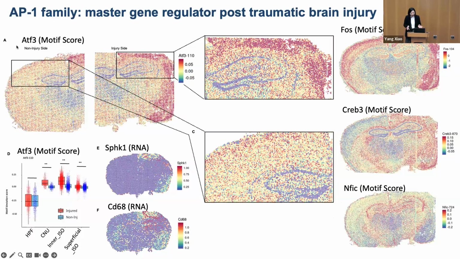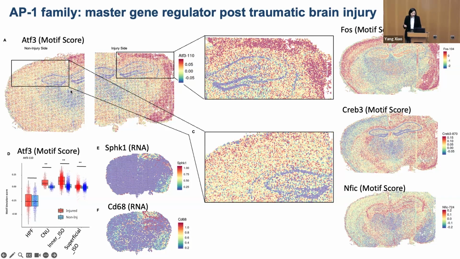So these are detected by ChromVAR, where we're calculating the motif score based on their chromatin opening. The colors here represent how open the motif can be detected. So if we can detect red here, it means that ATF3 can bind to those motifs. So those motifs are in an open state. But if it's blue or light yellow here, it means that those motifs are in a condensed state. The ATF3 cannot bind. So looking at this motif score, you can look at how responsive the tissue is for